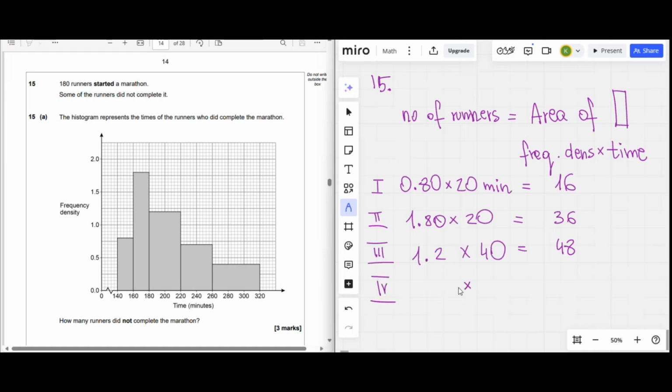For the 1, 2, 3, 4th block, we have again a range of 40 minutes and the density is, so look, it's between half and 1, so in between there will be 0.75, and that's just below, so that's 0.7. Times 40 is 28. And in the last block we have a range of 60 minutes